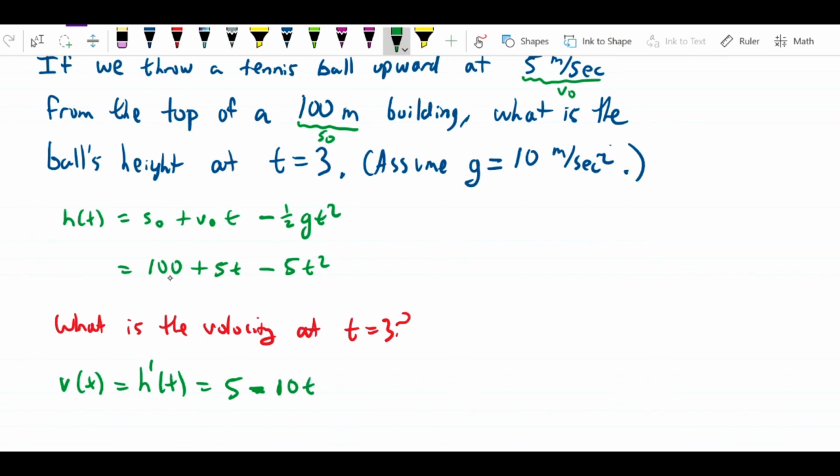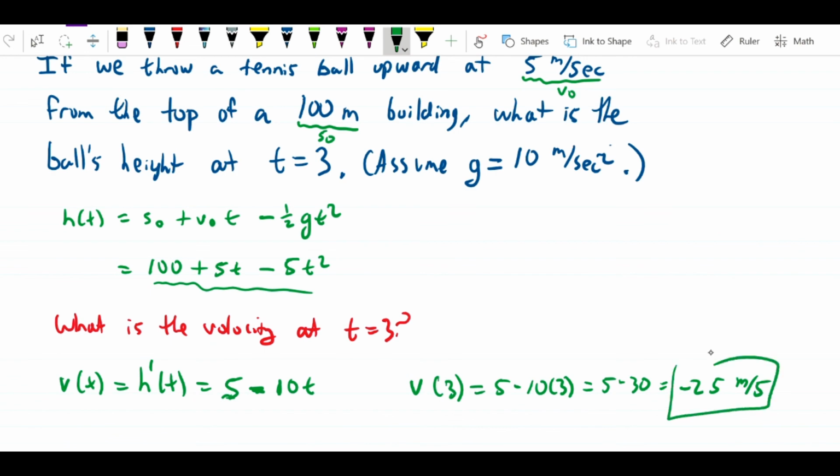That's the derivative of that function. Sorry, let me be more precise about what I'm solving here. I want to find the velocity at time 3. So that's going to be 5 minus 10 times 3, which is 5 minus 30, or negative 25 meters per